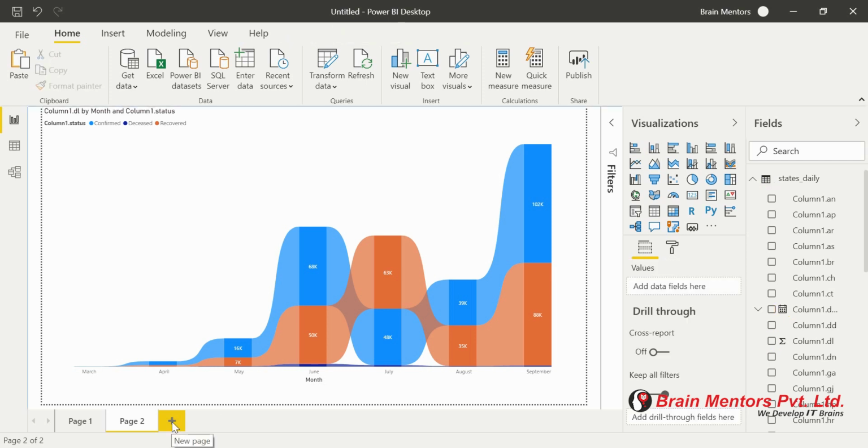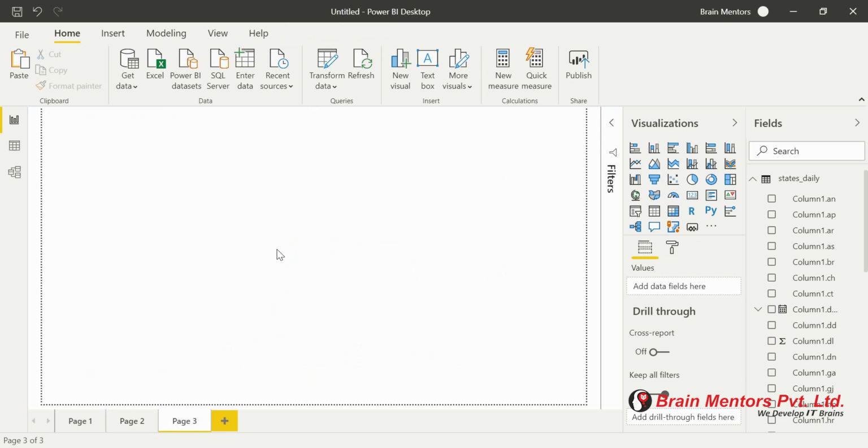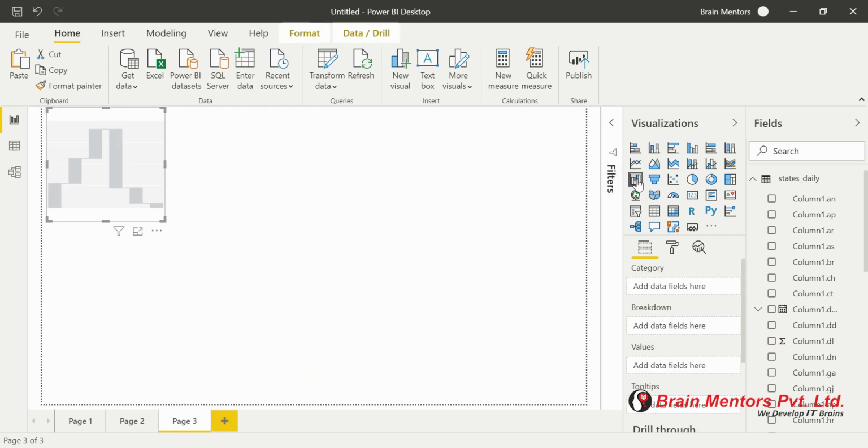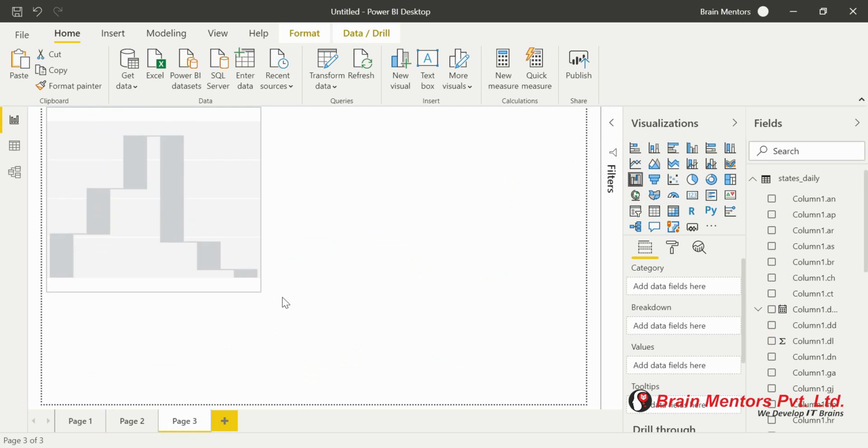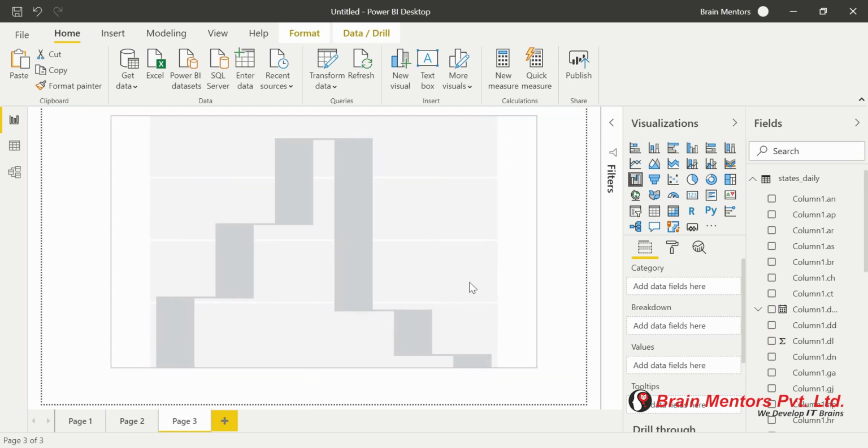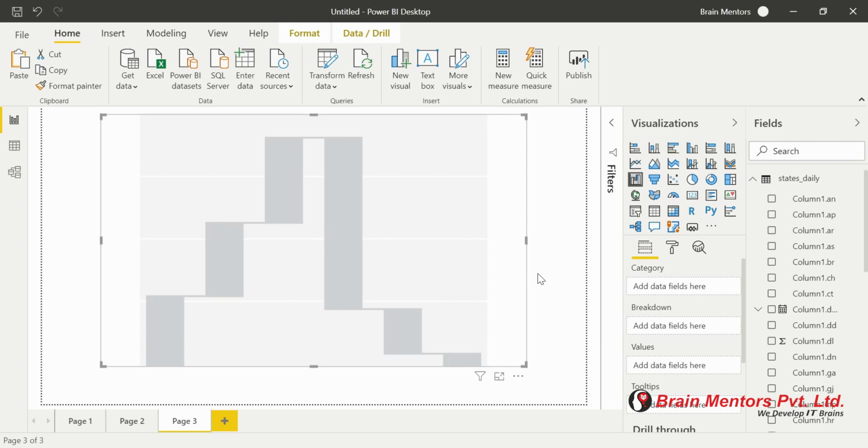Let's create a new page, and in this page we are going to look at waterfall charts. Basically, waterfall charts are useful to visualize the data over a period of time. We have the same things, category, but this time there is a parameter known as breakdown and then values.